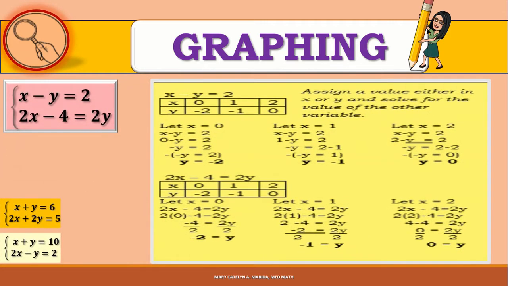And for our last example, we let x is equal to 0, then y will be negative 2. If x is 1, y is negative 1. If x is 2, y is 0. For the other equation, if x is 0, y is negative 2. If x is 1, y is negative 1. And if x is 2, y is 0. Our ordered pairs are (0, -2), (1, -1), (2, 0) for the line x minus y is equal to 2. And then we have (0, -2), (1, -1), (2, 0)